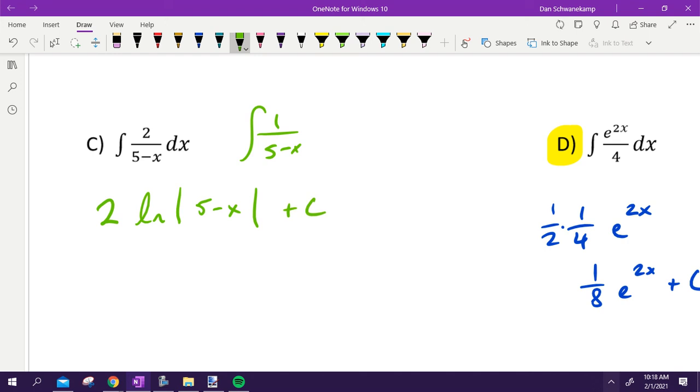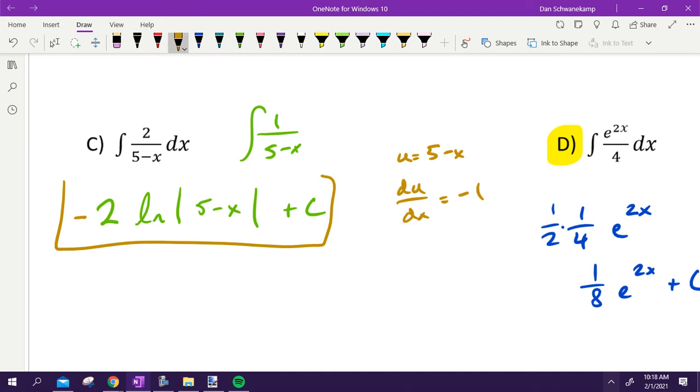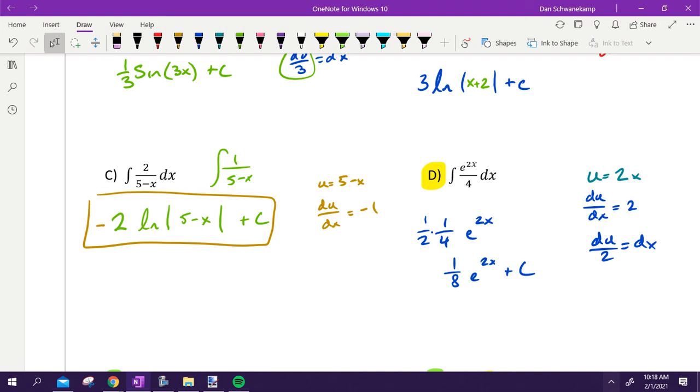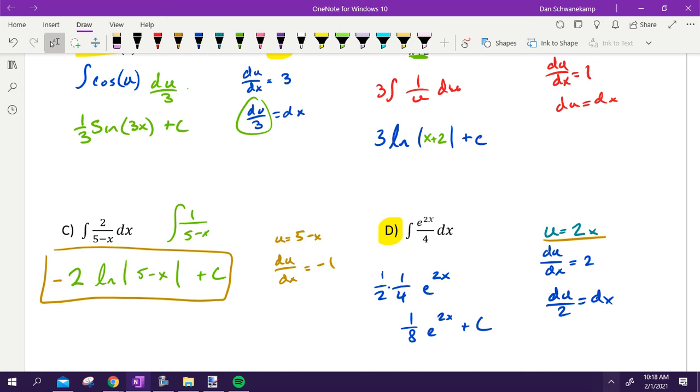But that's not it. We are going to include a negative as well. Why is that? Yeah, because think about it. If I took the derivative here, I'm going to get a negative 1, and so I would have to substitute back in a negative 1. This is my answer. You don't have to be perfect at mental u-substitution. If that blows your mind, then don't worry about it. Just do it the long way. It'll go just as fine. But if you get to the point where you can recognize that, hey, my u is pretty straightforward, it's going to make things a lot easier in the long run. Questions with that? Now, remember,